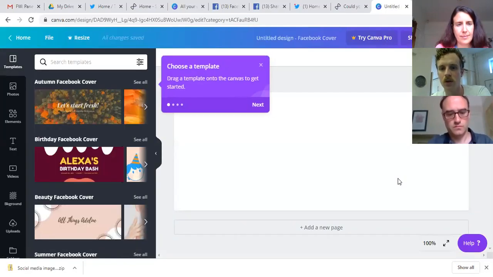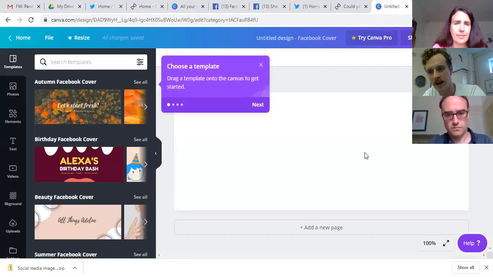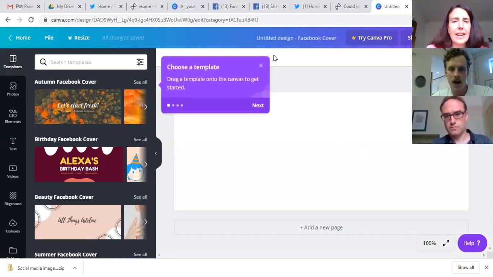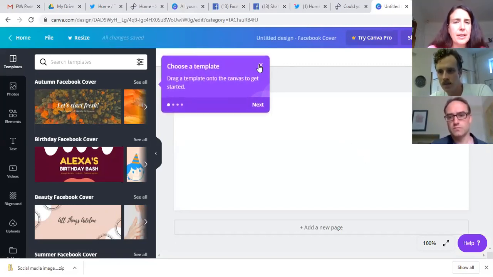It's now pulled us through to the main screen, your home page on Canva, which is what you'll see any time you log in and any time you want to create a new post. So that says Facebook. Oh, sorry, Michael. The top says Facebook cover.